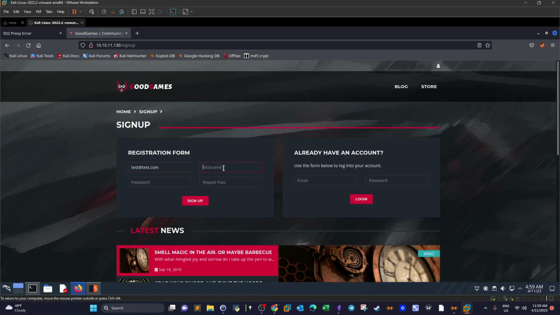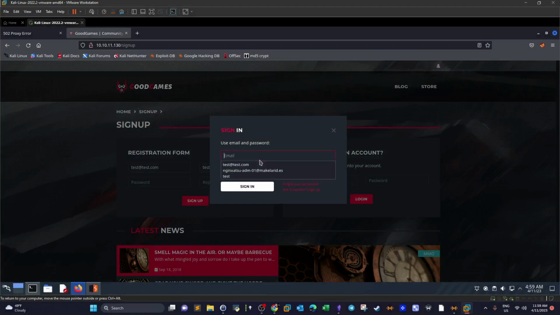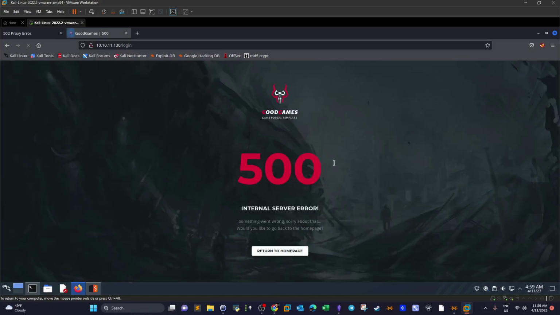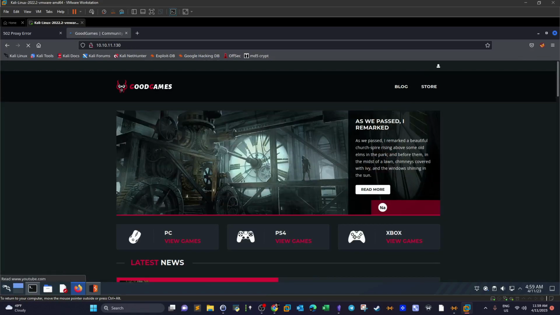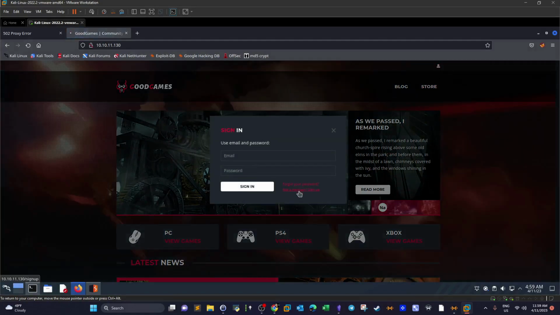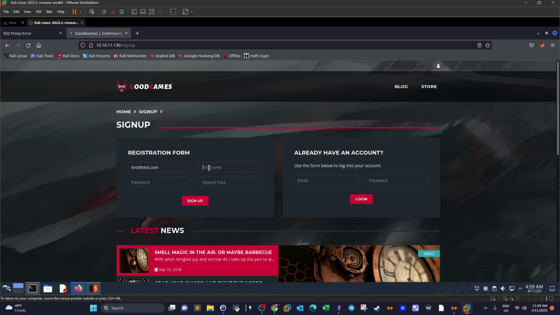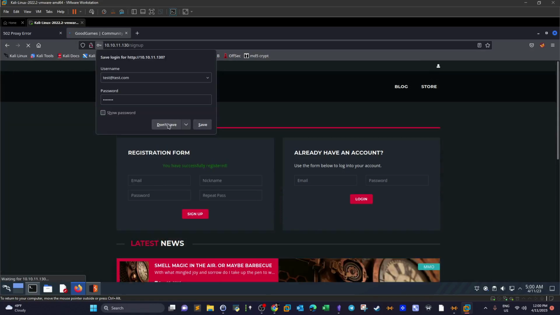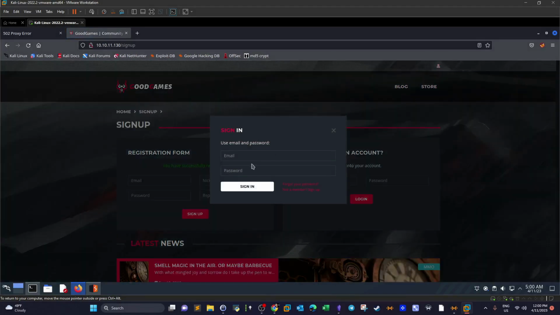Any information you enter here works. So nickname, test, and you choose a password. Sign up with the information and then log in. I'm gonna log in directly because I have an account created. So test123, sign in, and we get an internal server error. Something went wrong. Let's go back. You will have to register again, I guess. Anyway, test123, test123. Okay, now we sign in,